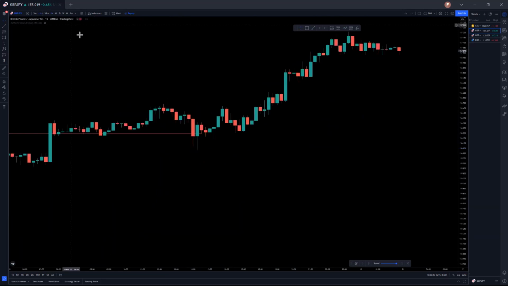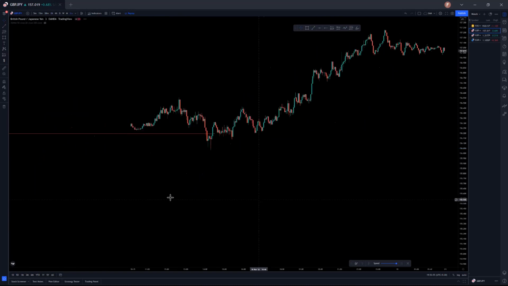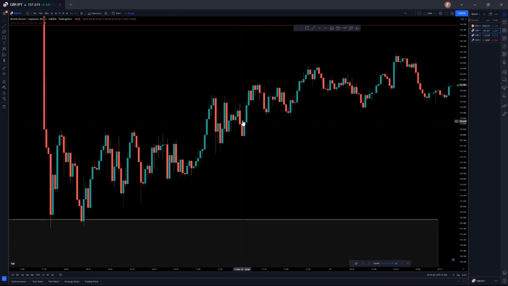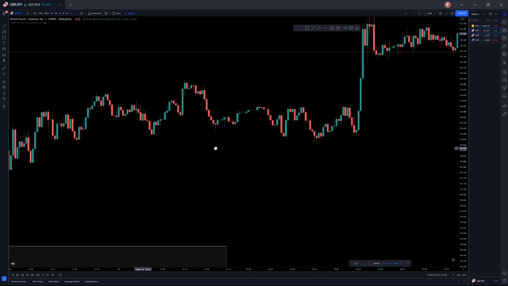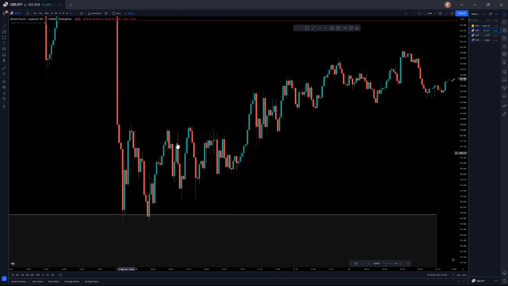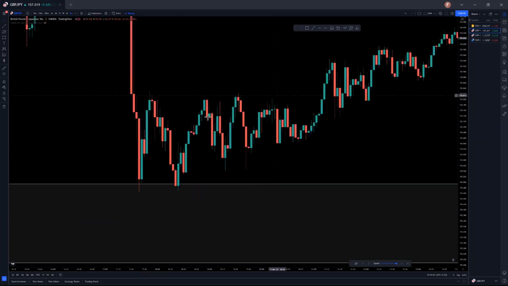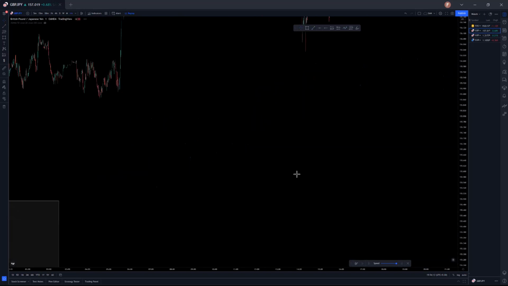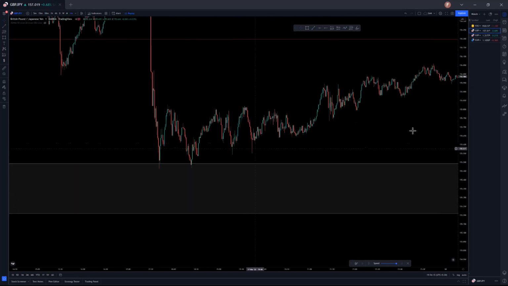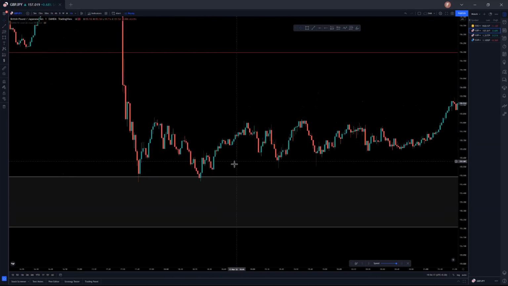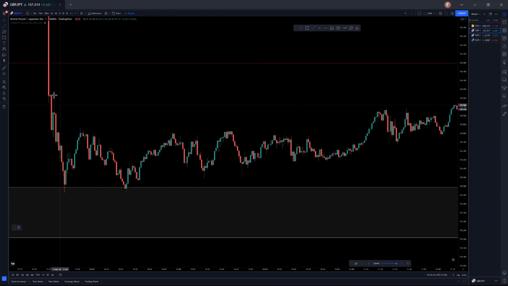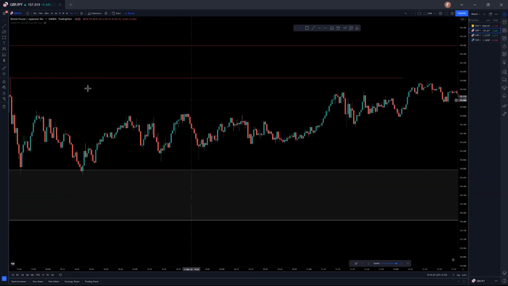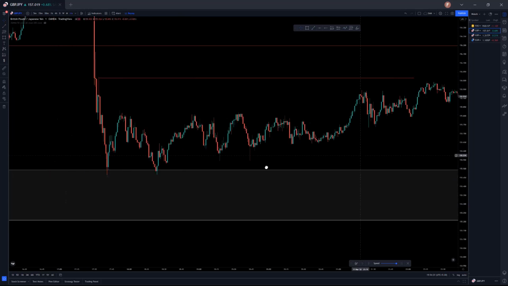So let's go to the 3 to see what was going on. So on the 3, price never gave you the entry. There was no chalk, no flip. So there was no entry. Let's go to the 1 minute. So this was the last structure. Price never gave you entry on this.